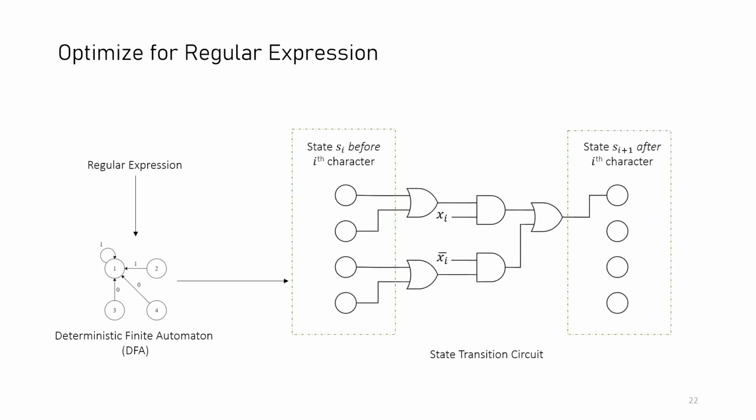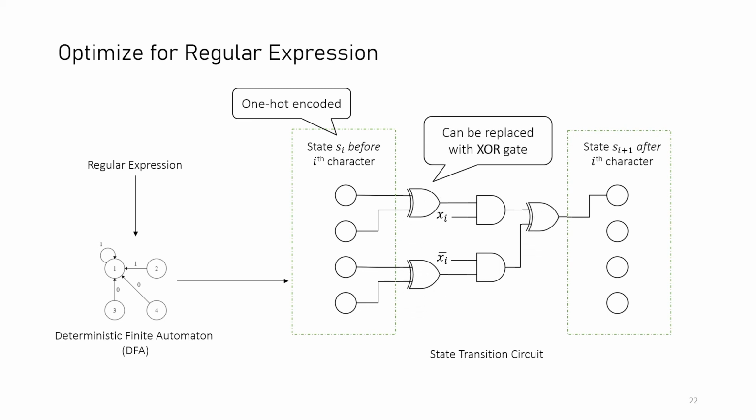Now I will highlight the intuition behind our approach for string optimization. To evaluate a regular expression, we need to first convert it into a DFA, and then compute the DFA state transition circuit over and over again on the input string. We noticed that if we use one hot encoding to represent each state, then every OR gate in the circuit can be replaced by an XOR gate. In GoBot Circuit, a well-known optimization is that every XOR gate can be computed for free without any communication overhead.